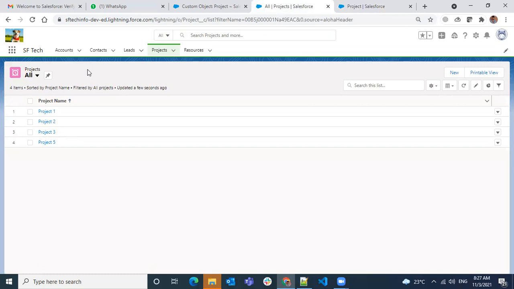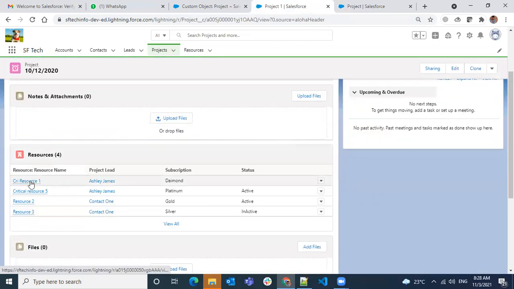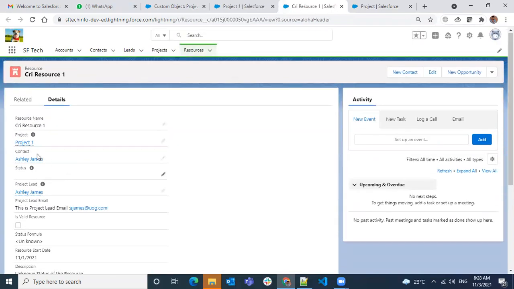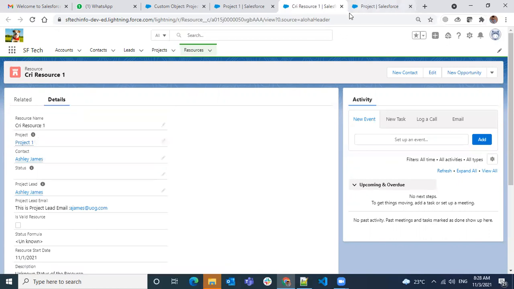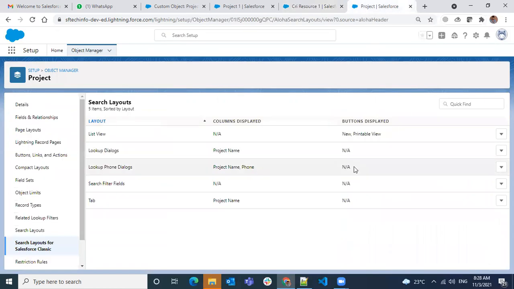In any other place where we have a lookup or a relationship with the project, let's say I have this project one, and I have a resource over here, critical resource one. I have this project, this one lookup. It could be a lookup or a master data relationship; in general, they say it as a lookup. So whatever data you want to look at here, those fields you can control from the lookup dialogs.